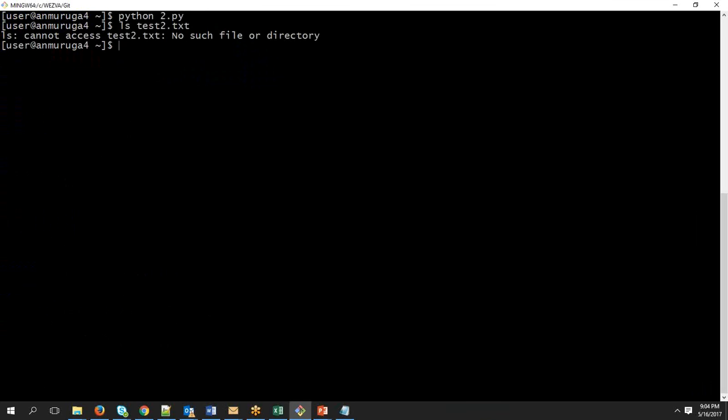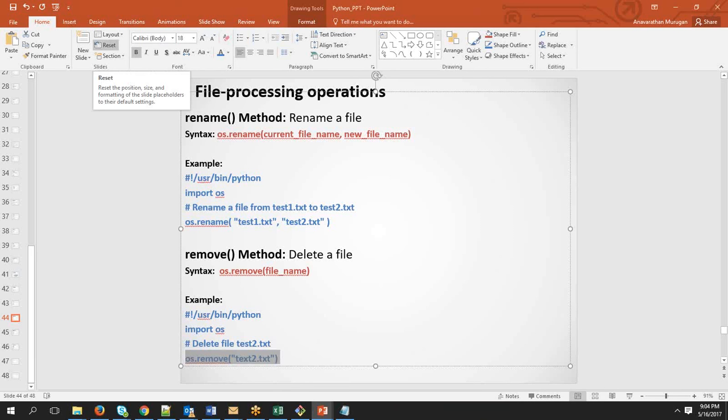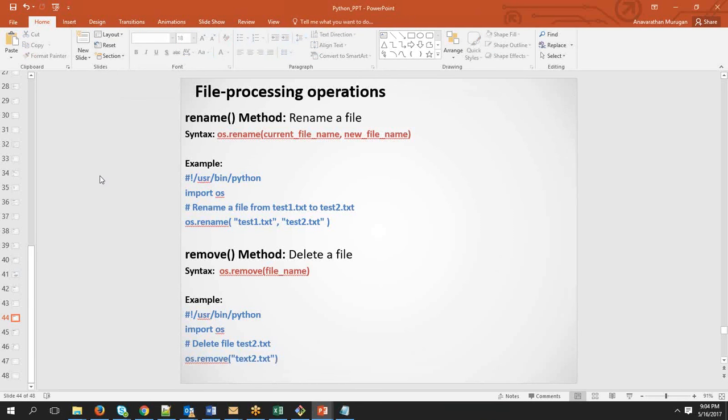Okay, so that's how you can use the built-in functions called rename or remove specifically, which will help us to delete a file or rename a file. Okay,